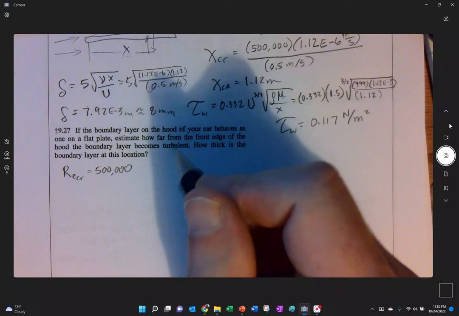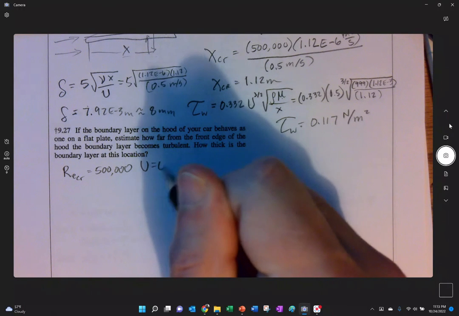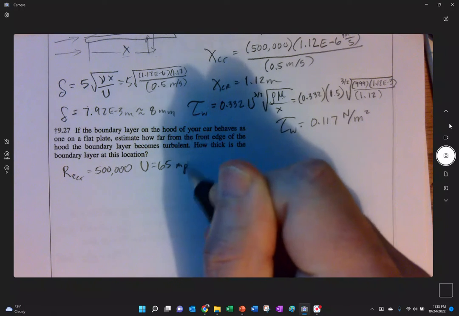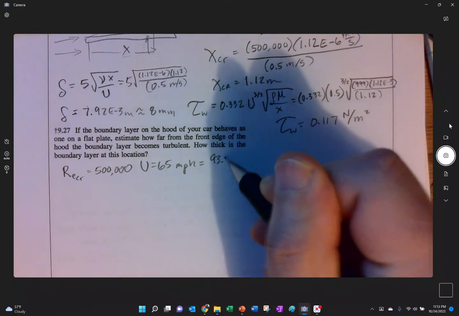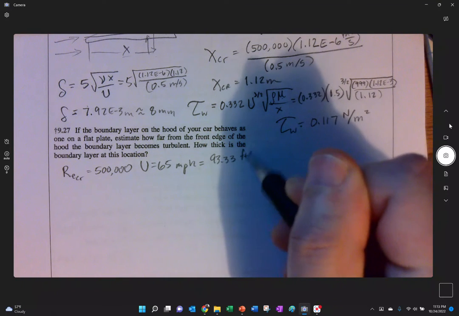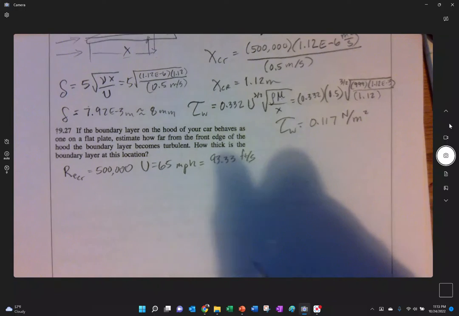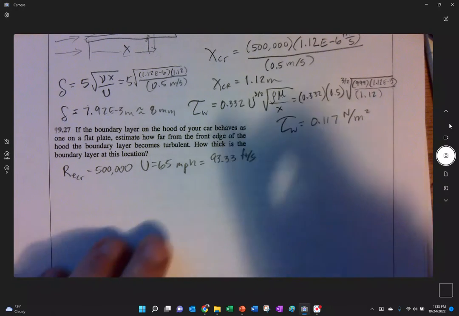I'm going to estimate that I'm going to go 65 miles an hour. Not me, no way. I'd go much faster than that. 93.33 feet per second. It's going to be ironic if I die in a fiery crash. That's pretty dark right there. Sorry. Anyway,